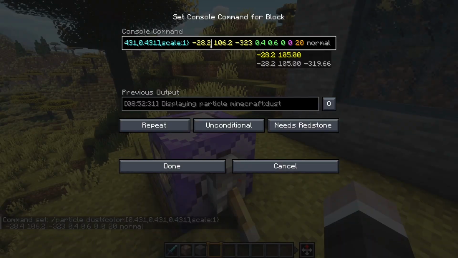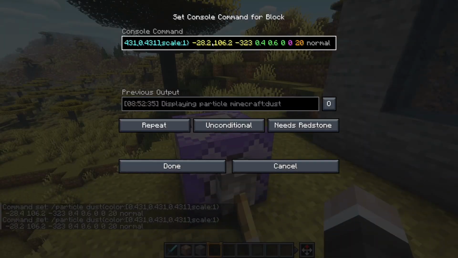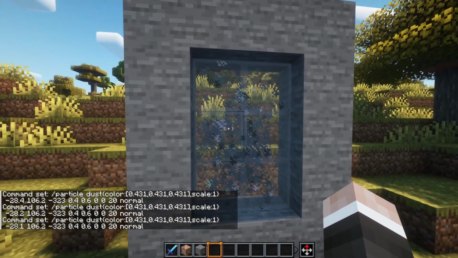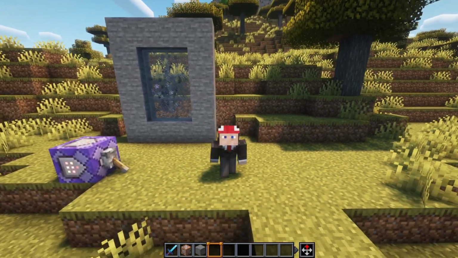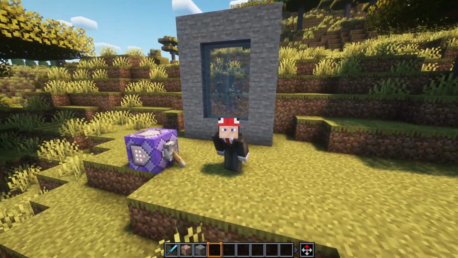Maybe we're a little too far. Change that value a little bit. You just gotta play around a little to figure out where the middle is, but as you can see, that looks pretty good. And as you can see, you can use any type of particle you want here, so get